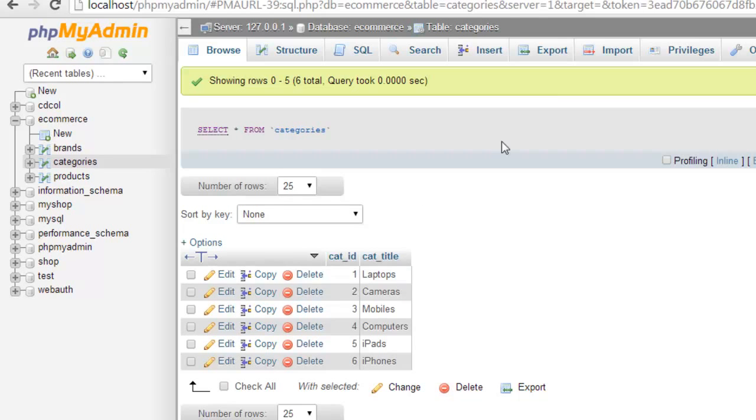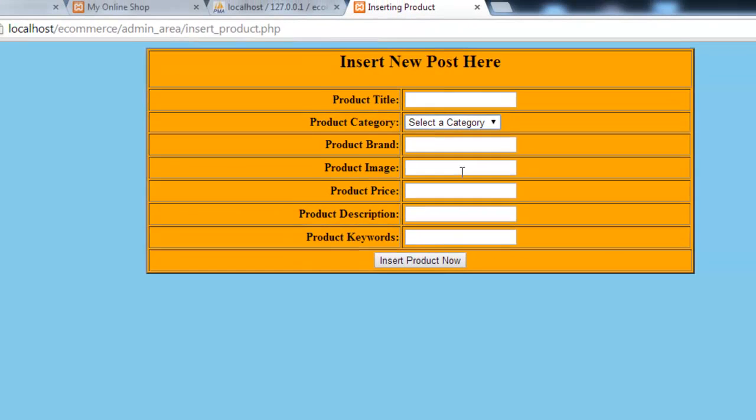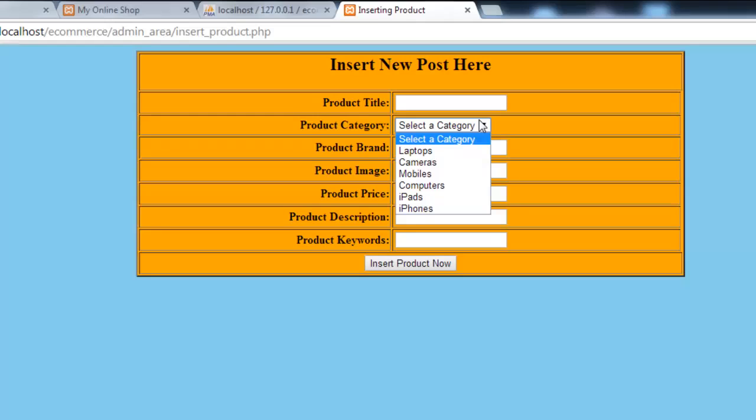So we have very simply given all the already existing categories which we have added, so the user or we can just select any of these categories,